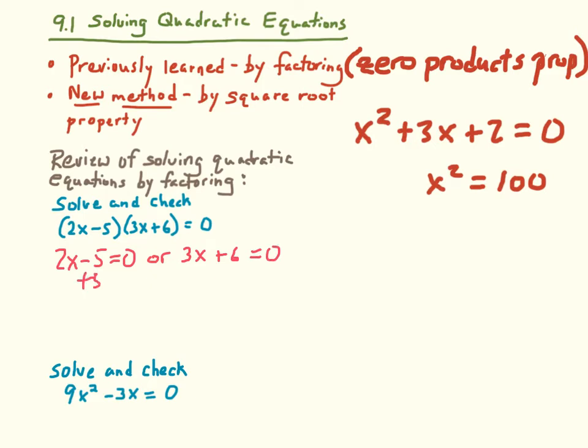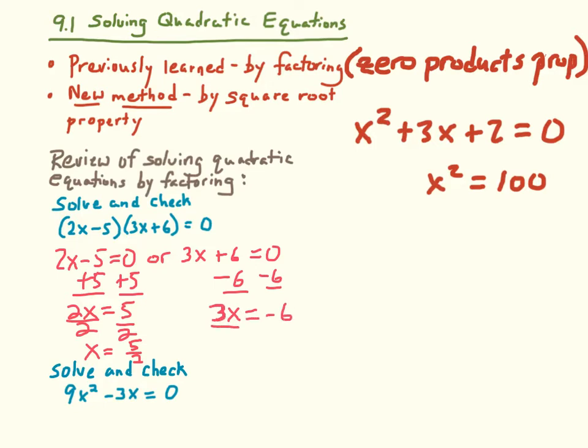I'll add 5 to each side, and I'll get 2x equals 5, divided by 2, x equals 5 halves, or 3x equals negative 6, divided by 3, or x equals negative 2. As always, I've got to check these, make sure I haven't made any arithmetic errors, so I'll say